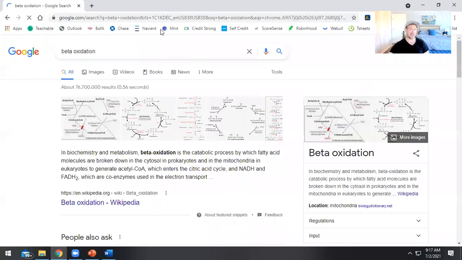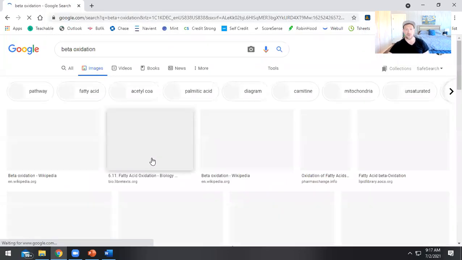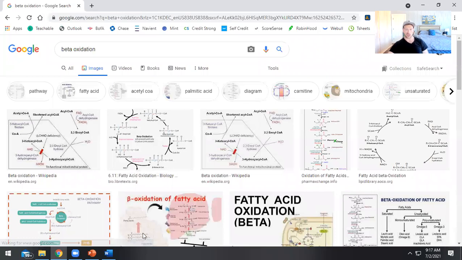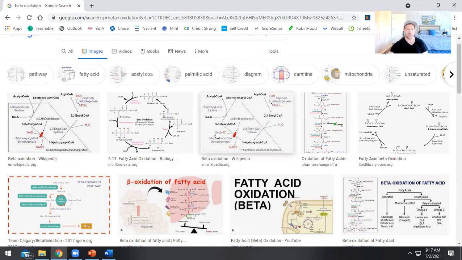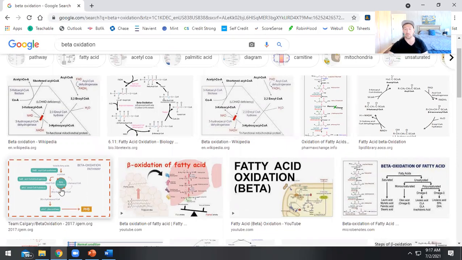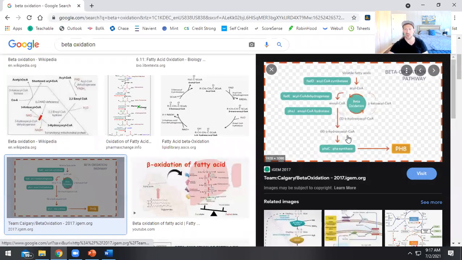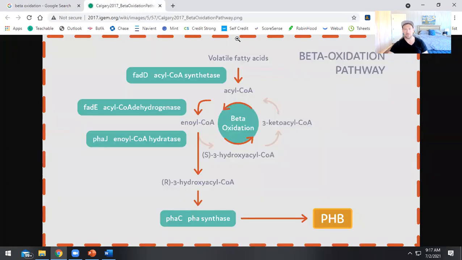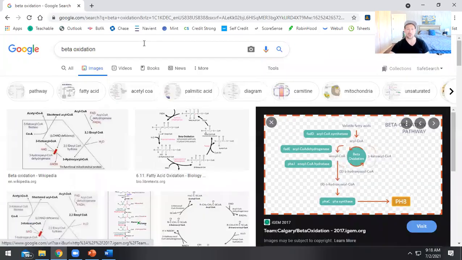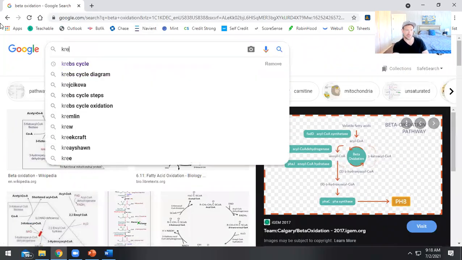So if we look at how fats are going to be used for energy production, they go through this process called beta oxidation. And beta oxidation basically converts fatty acids or triglycerides. It will break them down and turn them into acetyl-CoA. Okay. And acetyl-CoA is what starts off the Krebs cycle. Like if we look at the Krebs cycle here,